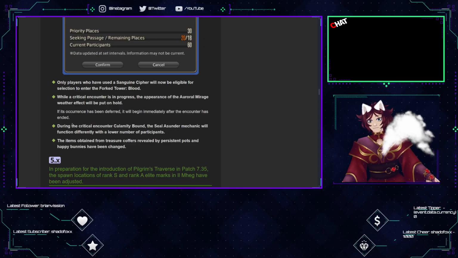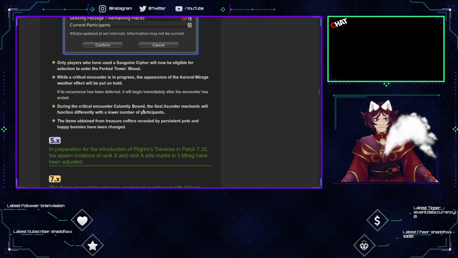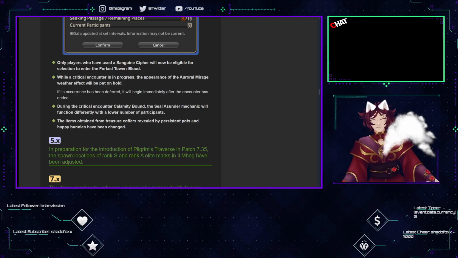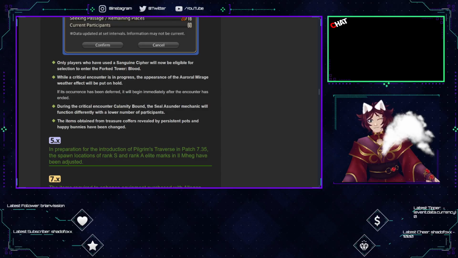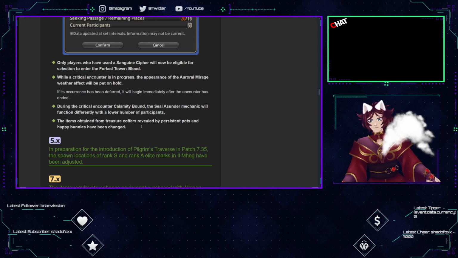See, during the critical encounter Calamity Bound, the Seal Asunder mechanic will function differently with a lower number of participants. My immediate guess is that instead of needing 4 people to stand on each seal, it might be reduced to like 2 or 3, depending on how many people are there. That's at least what I think. It might be just you need to stand on the seals less often. So the gauge, if you notice the gauge when he's casting Seal Asunder, it'll fill up more per seal